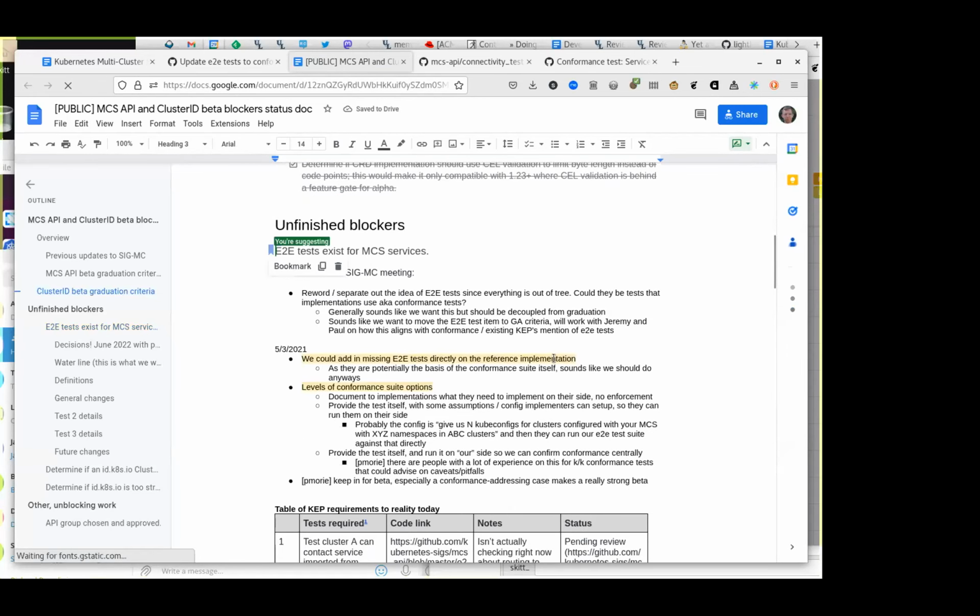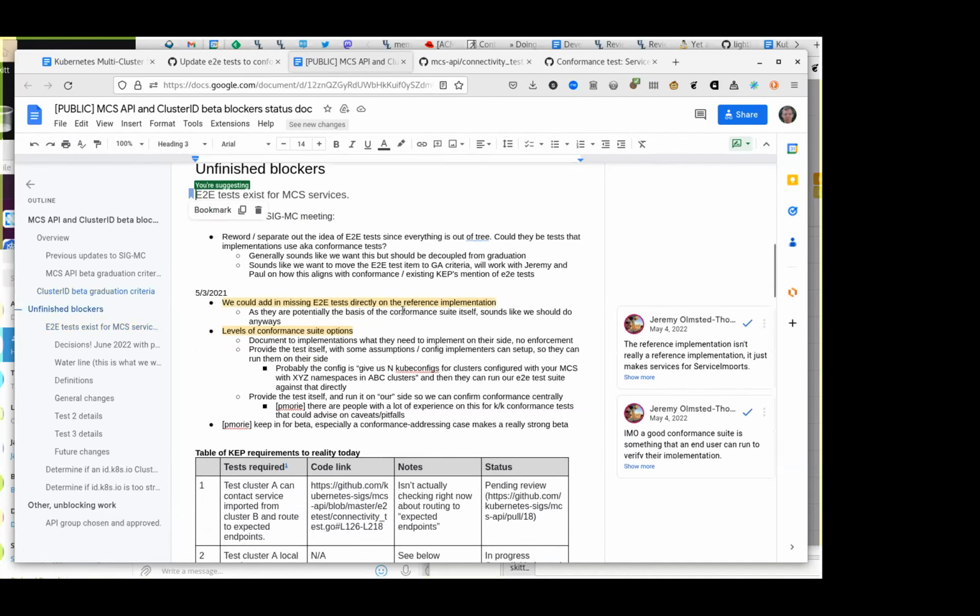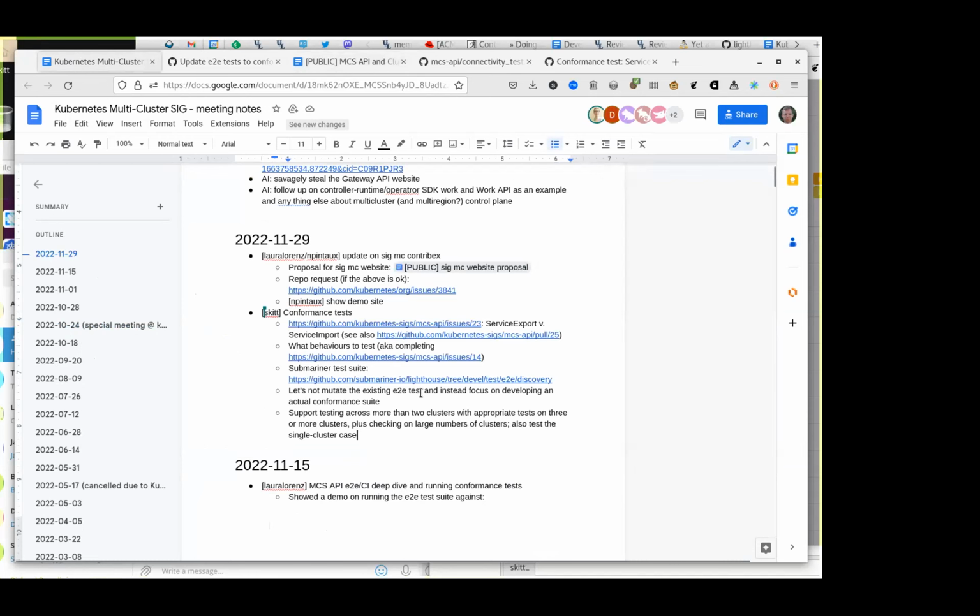I do agree that the conformance suite may be different. There was a time where we were talking about them conveniently being the same. But either way, unless there's some other change to the graduation criteria, updating the current end-to-end tests so that they meet the KEP obligations, is it correct that that's still the first priority? Absolutely. Yeah, although